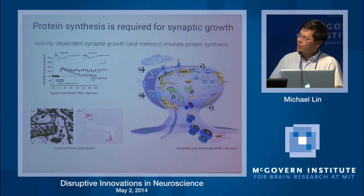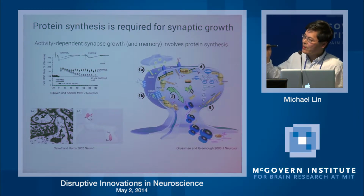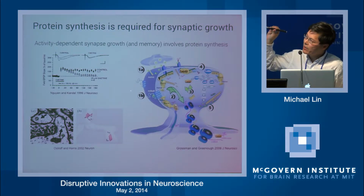And much of that new protein synthesis probably happens locally because dendrites are filled with mRNAs and ribosomes, and you can see them in close proximity to the synapses, even within spines in this EM by Kristen Harris. And of course, this was known for a long time since experiments by Kandel in which protein synthesis inhibitors were applied to slice as LTP was performed. In control slices, LTP stays up over 2 hours, but in the presence of inhibitors of protein synthesis, LTP decays